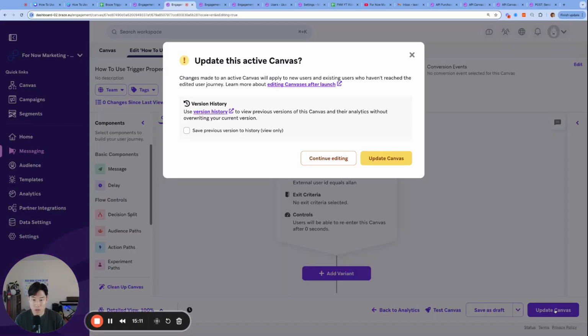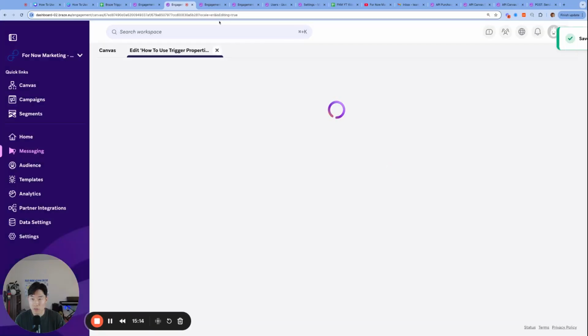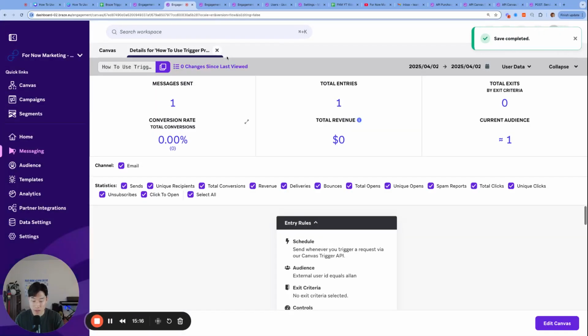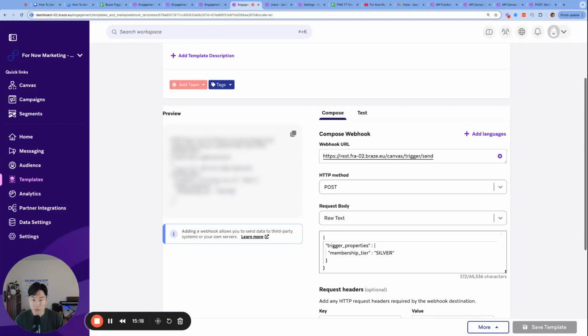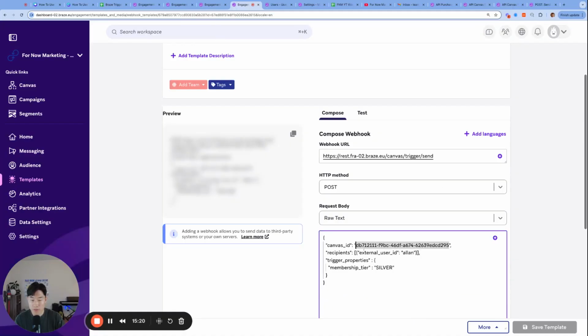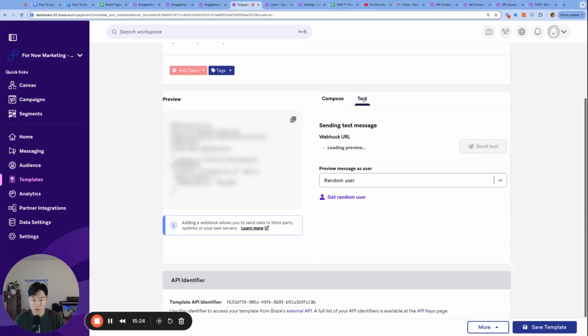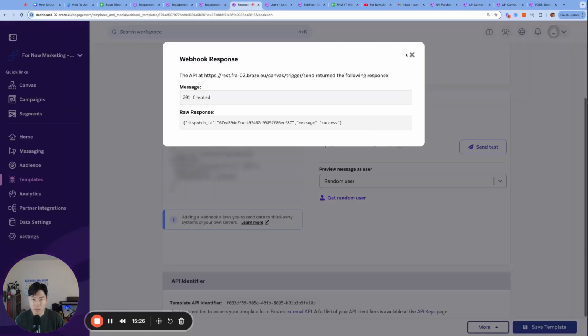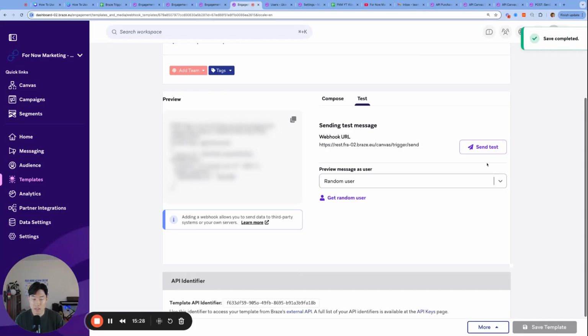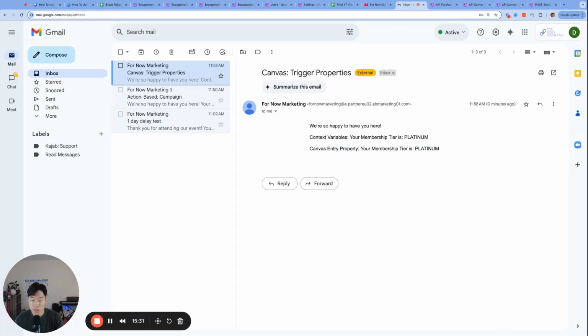But let's go ahead and launch that change. And then I'm going to trigger our canvas via API trigger now. So all I have to do is change the Canvas ID to the new one that we just launched, I believe. And then let's go ahead and send test. Awesome. And then the last email that we'll wait for. And you can see that the Canvas emails do fire noticeably slower than campaign emails. So that's probably one of the big differences. But,